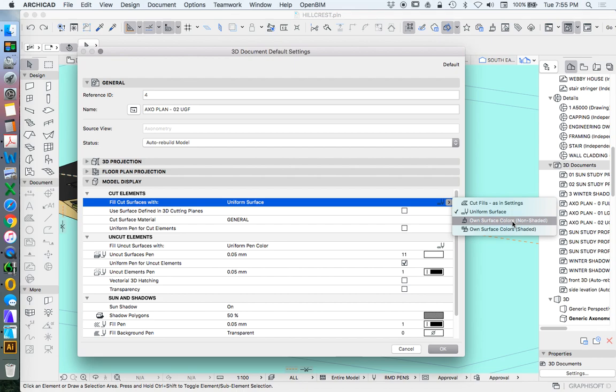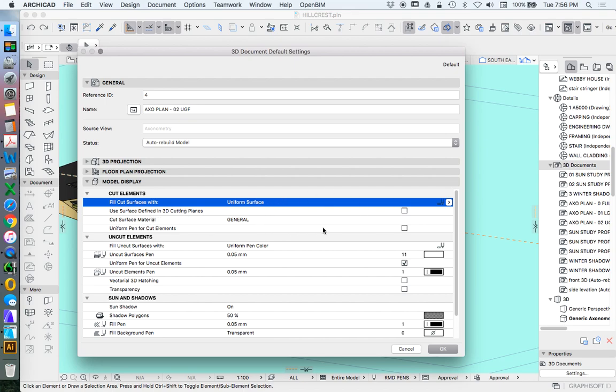That's what we use when we're creating presentation elevations and sections. In this instance, we want to use uniform surface because we're trying to create that sketch look where we've got, in this case, a white background and a pen or a color, a black in front of it. So we're using uniform surface,